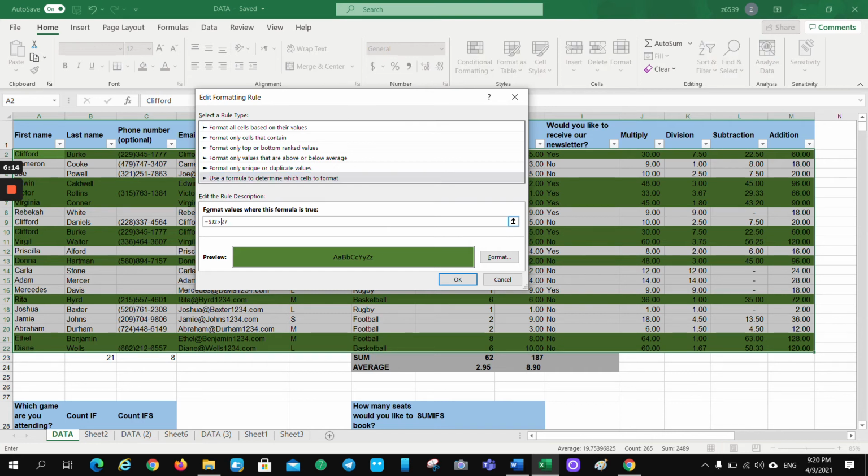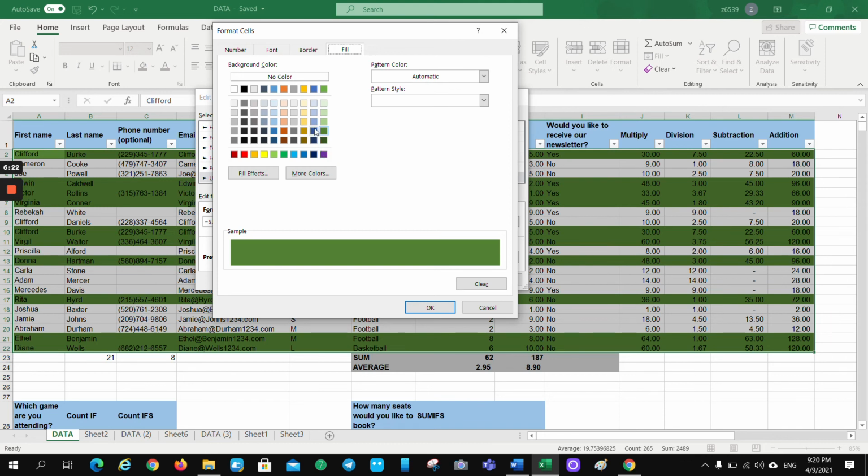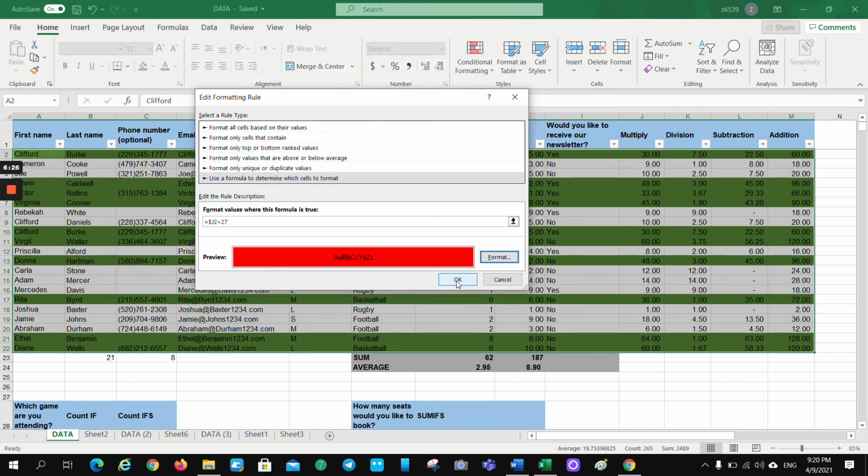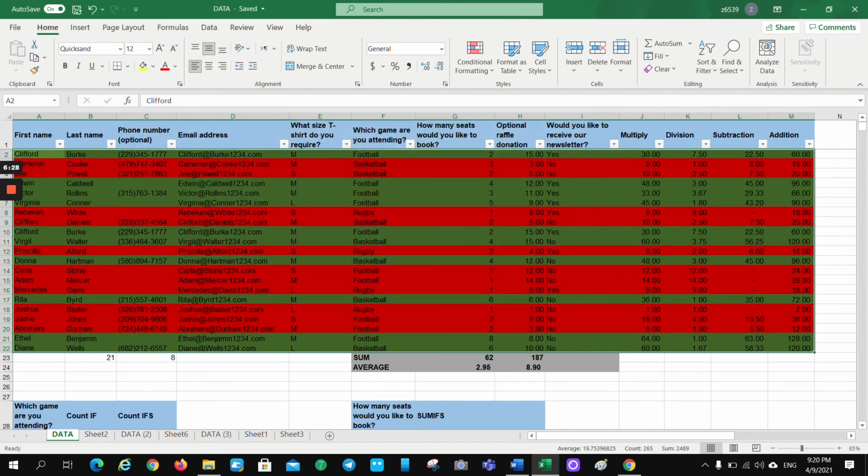If the value is less than 27, format it red. Okay, okay, okay, see, it's very easy. There is no technical issue in that one. No need to confuse yourself. You can do it easily.